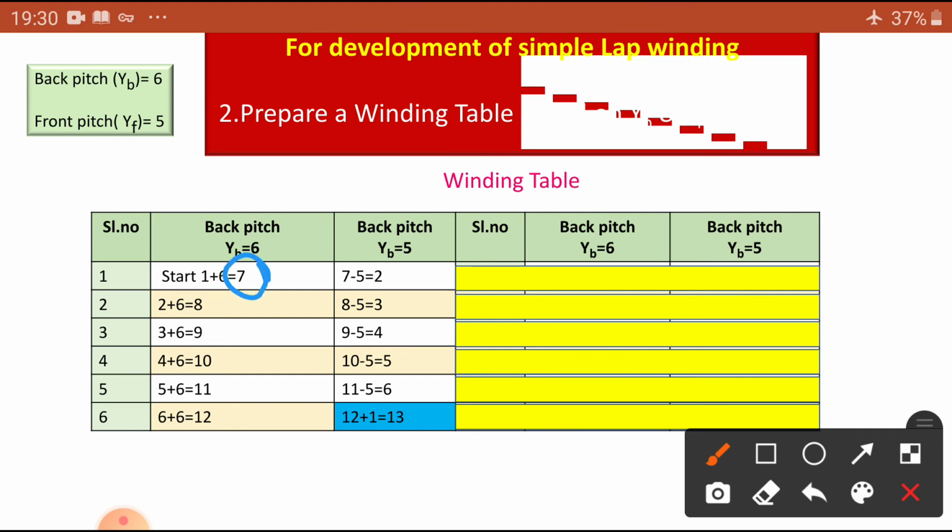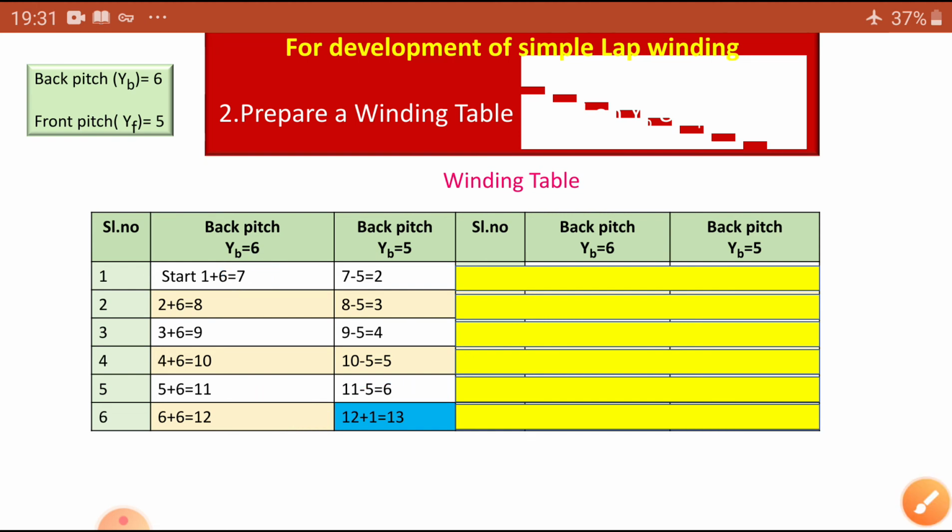That's why we have to change the twisting point here. So we have to go to the advanced 12, whatever the 12 is coming, just add it. Then we are going to get the 13th, another starting conductor for the remaining 2 poles. Okay, this is the one twisting point.